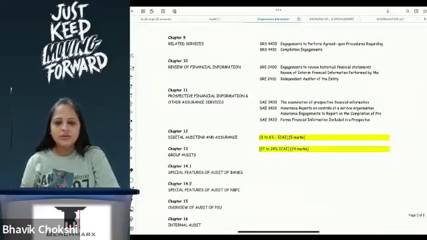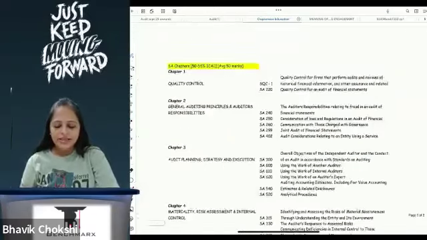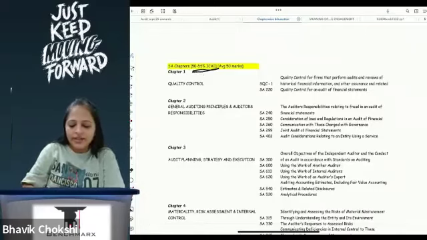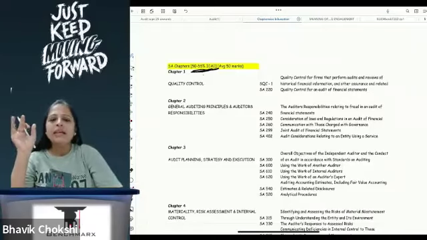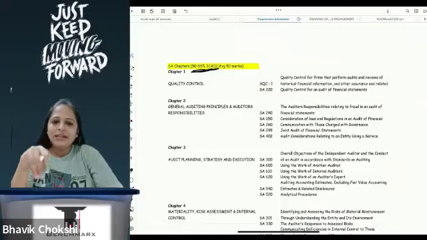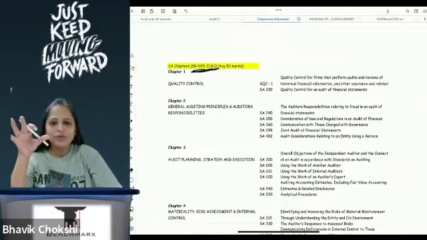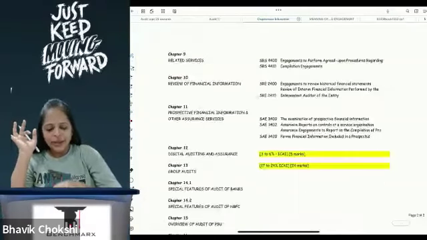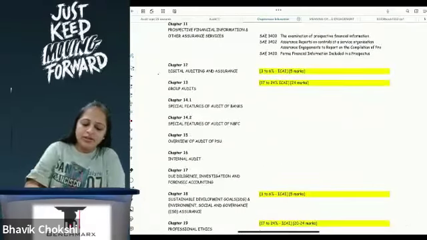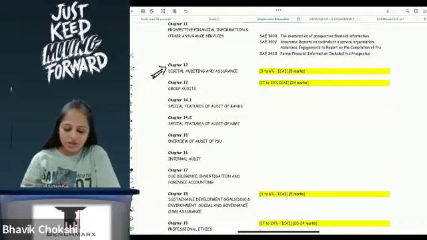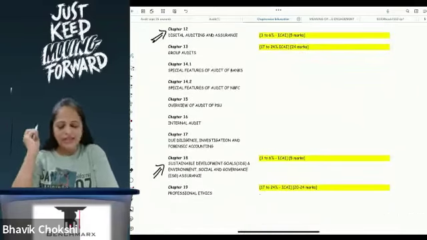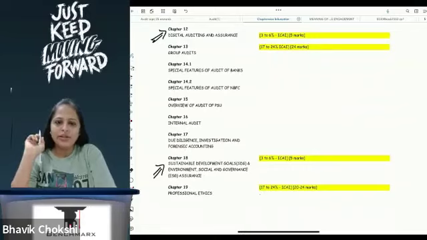SRS, SAE. So all of this is in your first 11 chapters, and these first 11 chapters will hold a weightage as per ICAI of 50 to 55%. So approximately 45 to 50 marks, including your options, are asked from the first 11 chapters. Then you have your Digital Assurance, where you get a 5 mark question. One 5 mark question is there in the examination, and you have your SDG and ESG. Again, you have one 5 mark question in the paper. So this is always going to be there. One 5 mark question from these two chapters is going to be there.